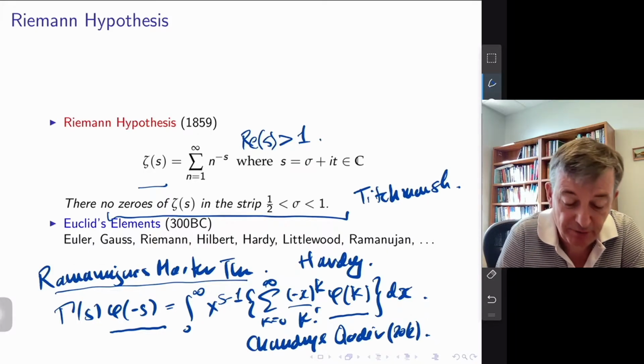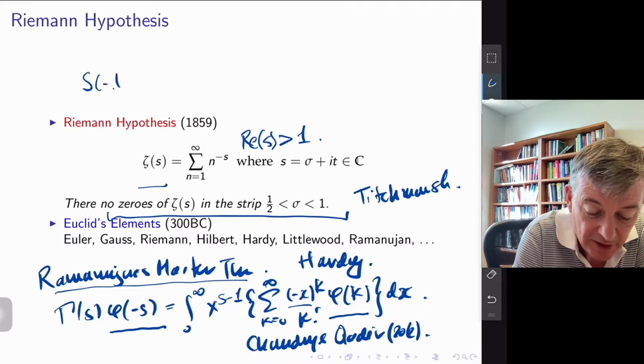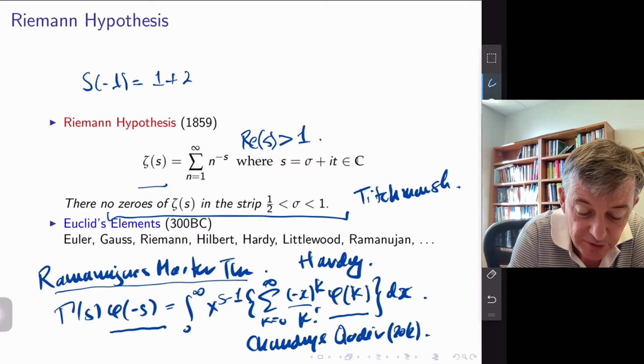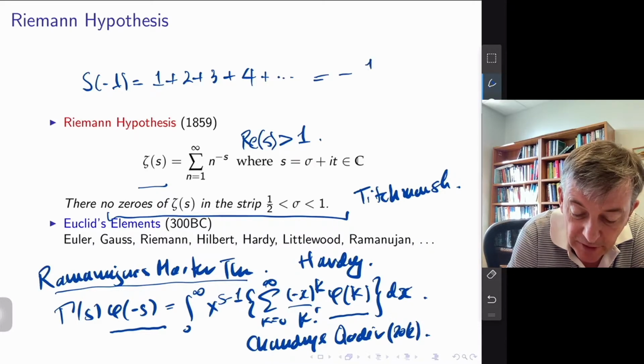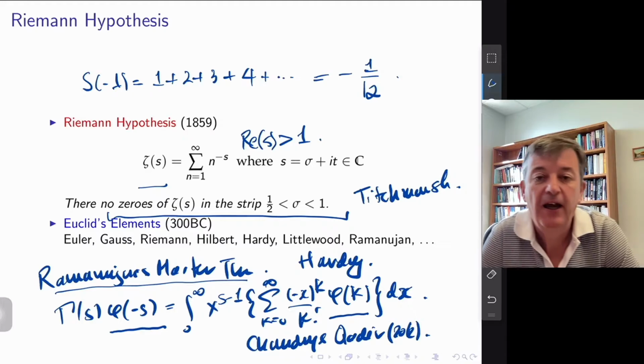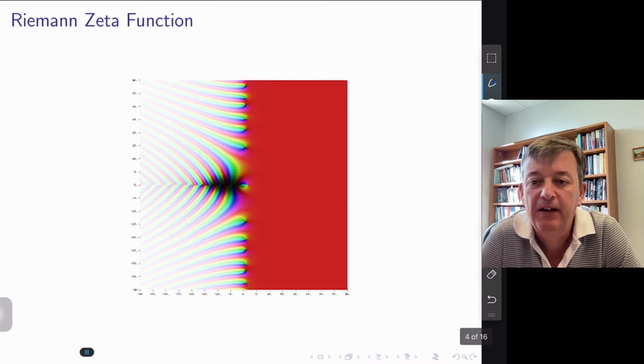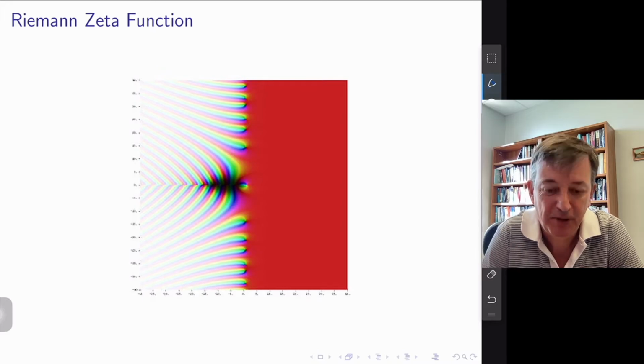Oh, and the other interesting formula that I'll just put up here: zeta at minus 1, if s is minus 1, is essentially the series 1 plus 2 plus 3 plus 4 plus and so on. And of course, the famous Ramanujan result is that zeta of minus 1, from this analytical continuation that you have down here, is minus a twelfth. So that's one of the famous formulas that Ramanujan wrote to Hardy about. Okay. Lots of these functions, when you plot them, look quite interesting. So there's a plot of the Riemann zeta function.